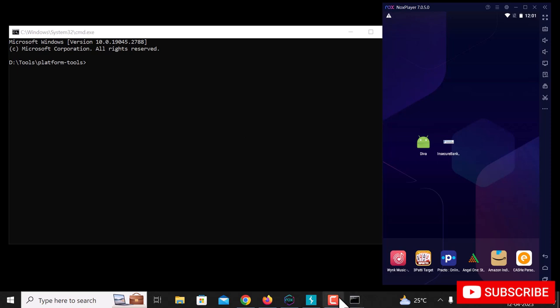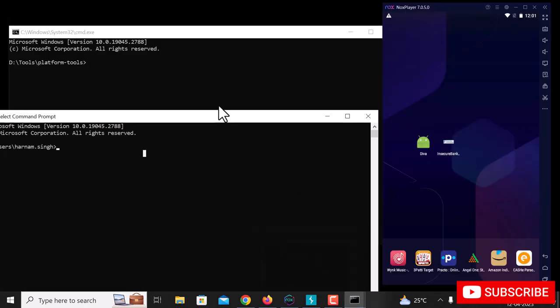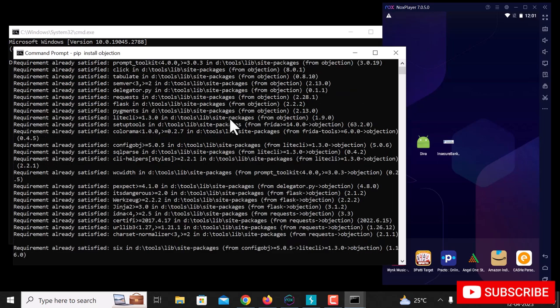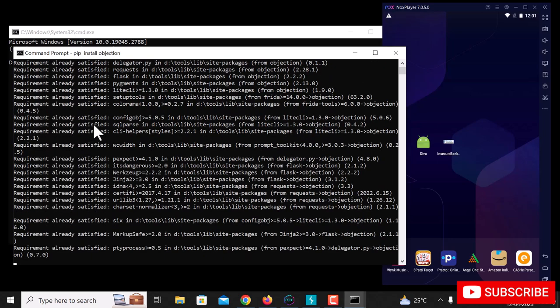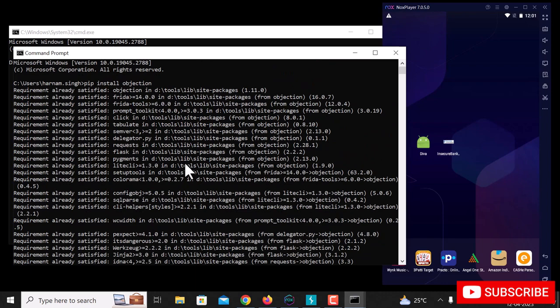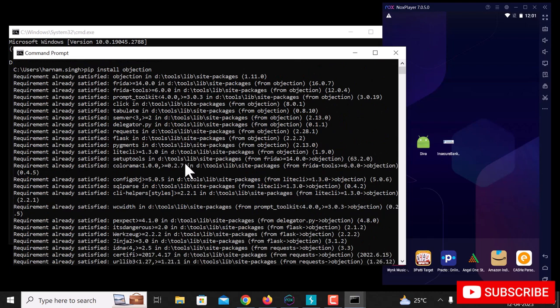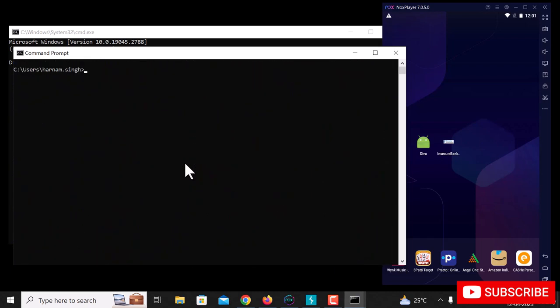Okay. So this is the basic command, pip install objection. Hit enter. I already installed this, so here you can see requirement already satisfied. So this is how you can install it, just one command, pip install objection. You can install it in Kali Linux or in Windows. So now as we already learned